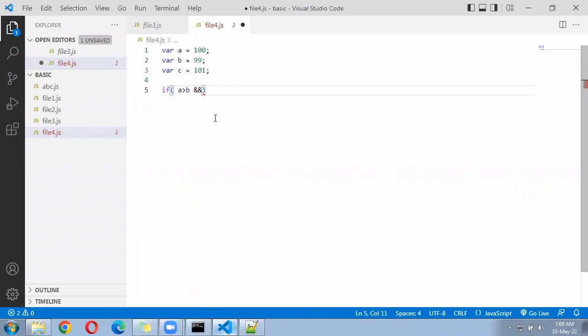So it says the A must be greater than B and not or. Or says either one, and says both. This is A must be greater than B and at the same time A must be greater than C also. If A is greater than B as well as A is greater than C, then only you can print a console.log